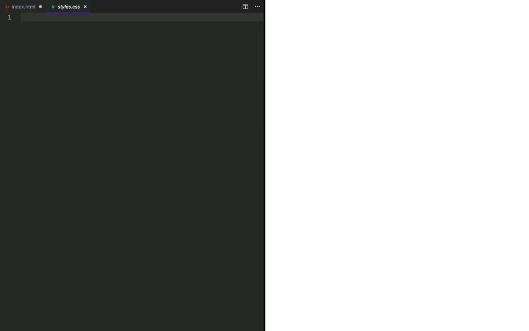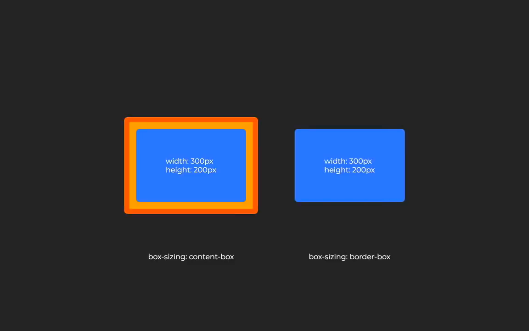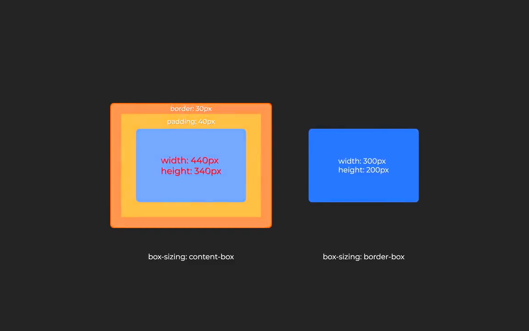In styles.css, we are going to add a reset to all items by setting padding to 0, margin to 0, and box sizing to border box. The box sizing property handles how padding and border will be added to an element. The default value for box sizing is content box, which means that any border or padding applied to the element will add to its total width and height. The other option is border box, which adds padding and border to the element without changing its dimensions. So it shrinks the available space for the content, keeping its original size.